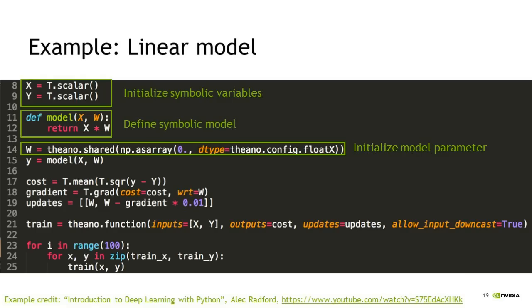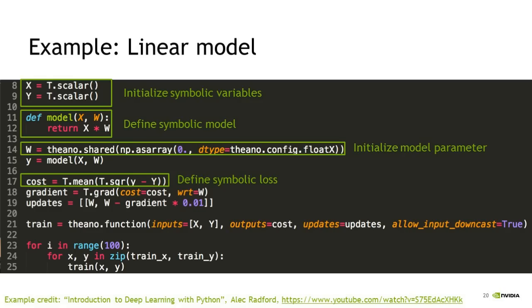So what you see here is a new term, this Theano.shared. These are actually hybrid variables in Theano. I mentioned that symbolic variables don't need to have any data associated with them when they're initialized. Shared variables do have data associated with them, but they can also be used in symbolic expressions. So that's how you have hybrid values. It's typically used for defining model parameters, which are going to be learned through some machine learning process. We then define our model using the model Python function to give us y equals x times w.